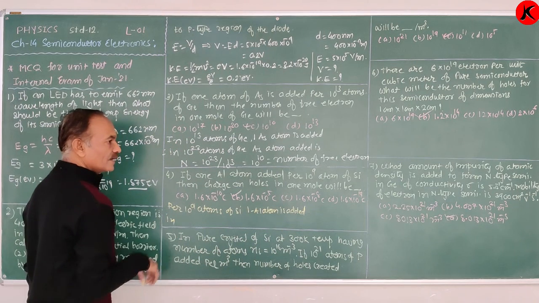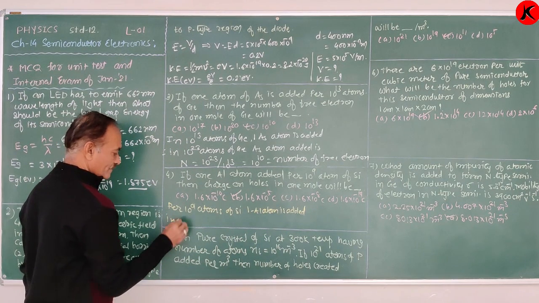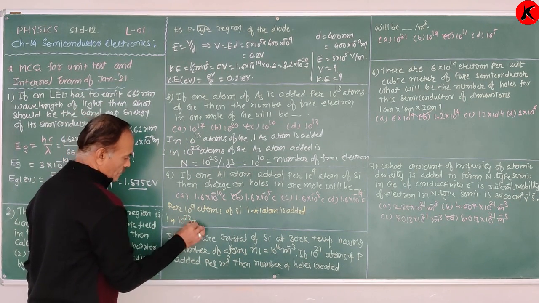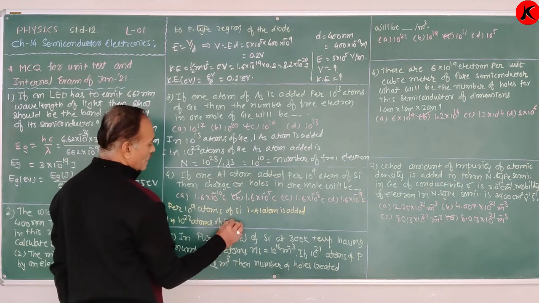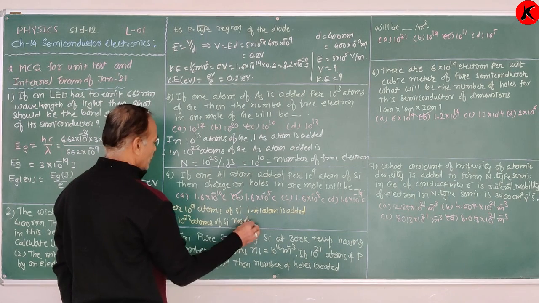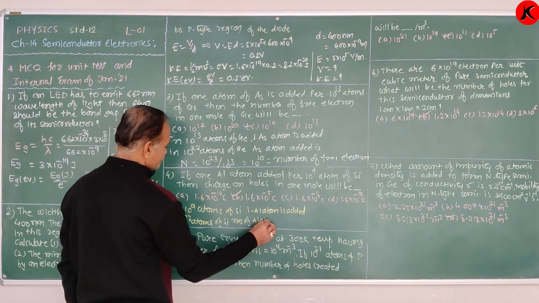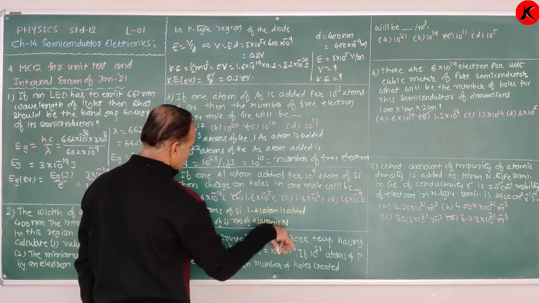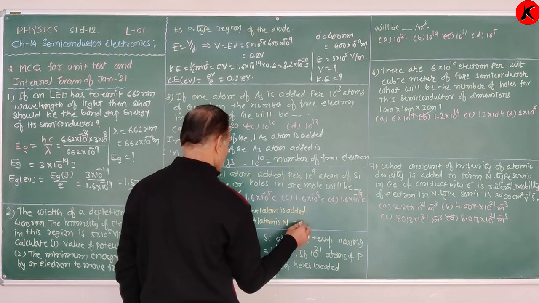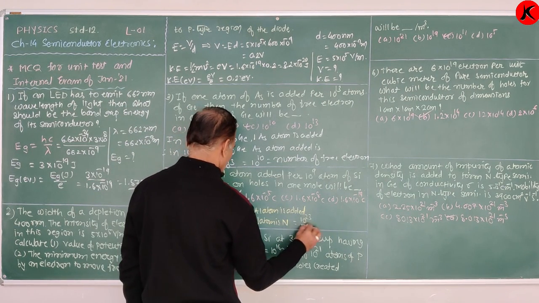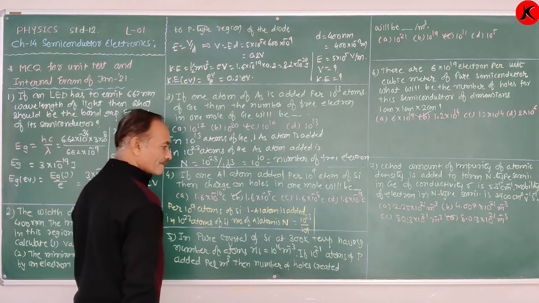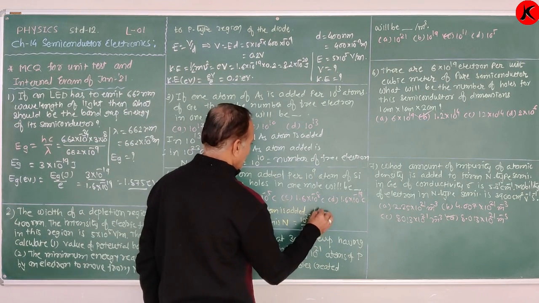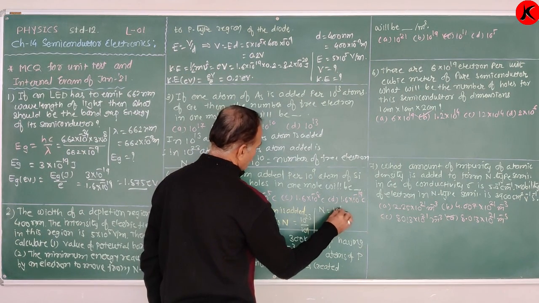Therefore, in 10^23 atoms of silicon, the number of aluminum atoms is N equal to 10^23 upon 10^9, right? Therefore, N is equal to 10^14